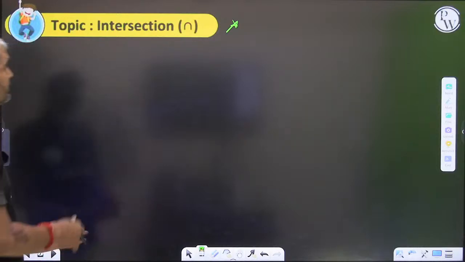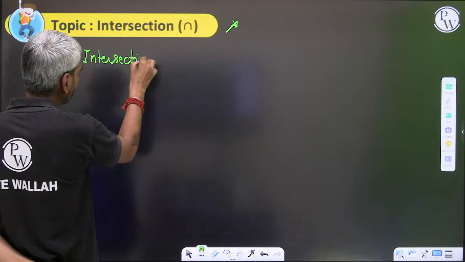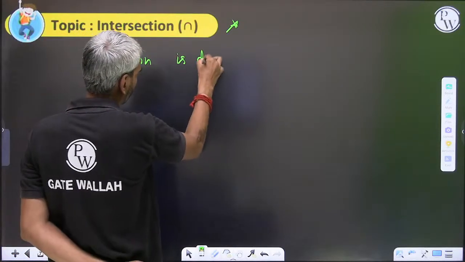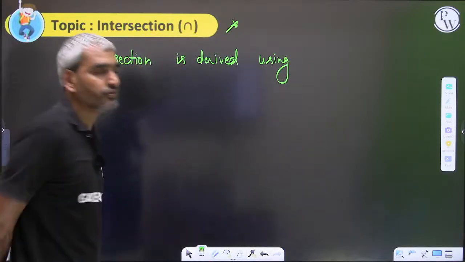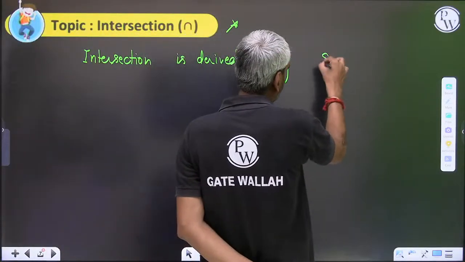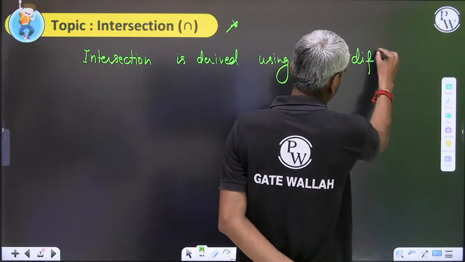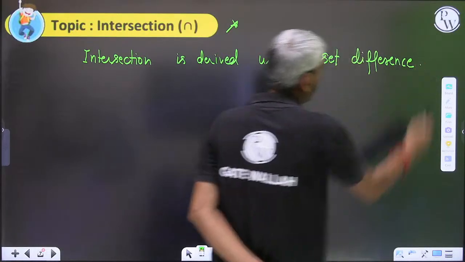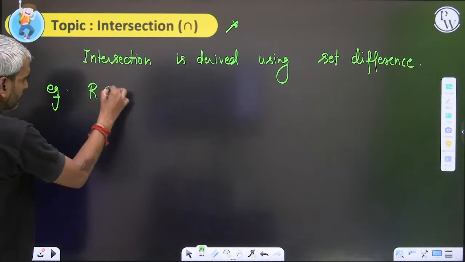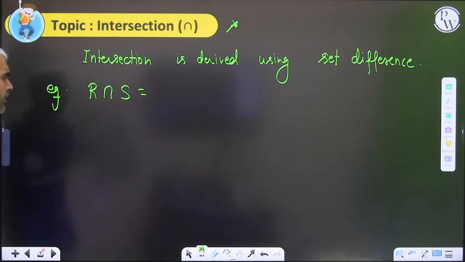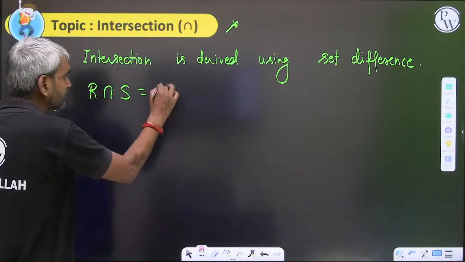Sir, how do we derive intersection? So intersection is derived using set difference. What does it mean, sir? If you want to identify exactly what will be the tuples in R intersection S, then the tuples of R intersection S will be nothing